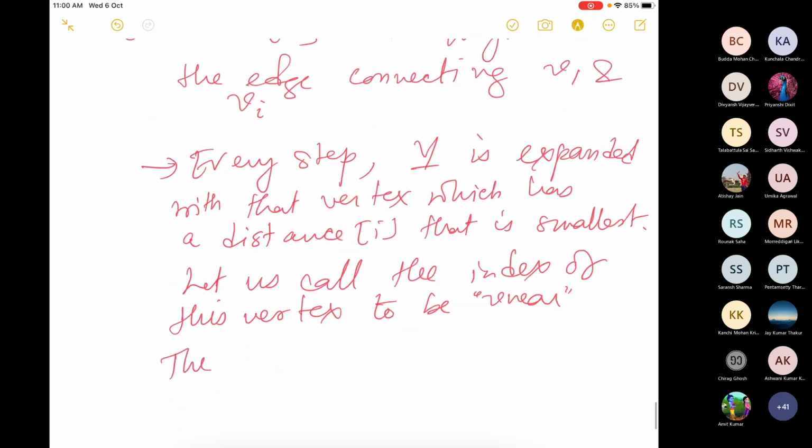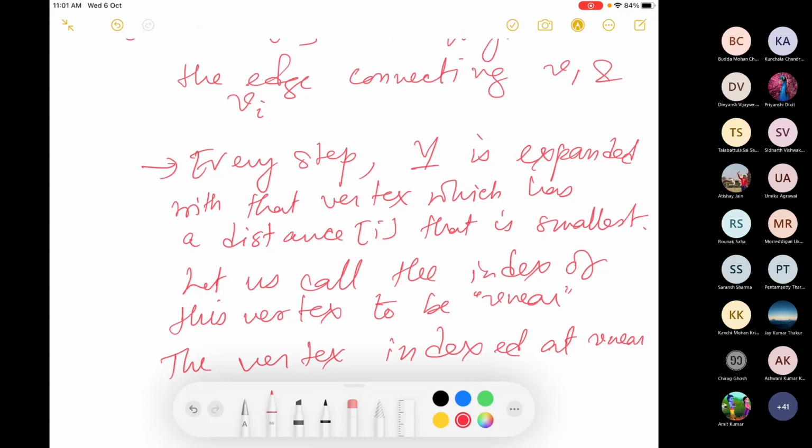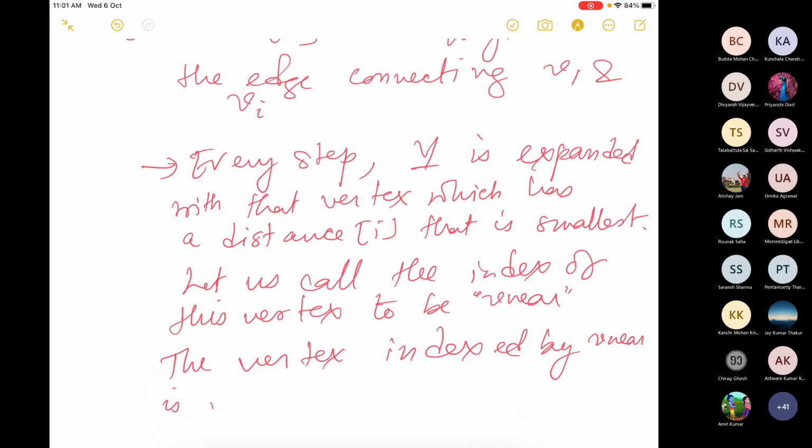So the vertex indexed by V near is added to Y,